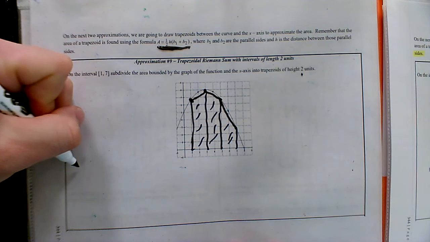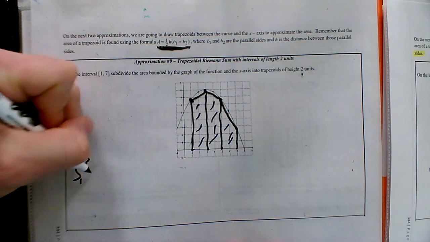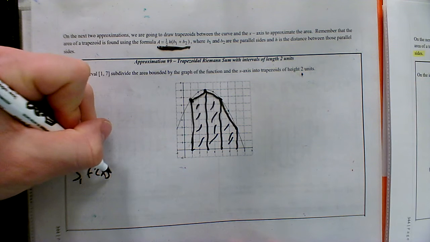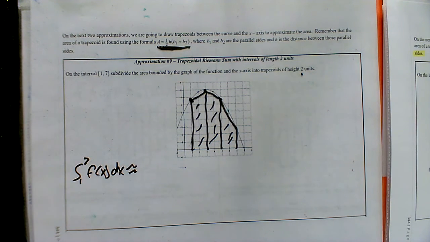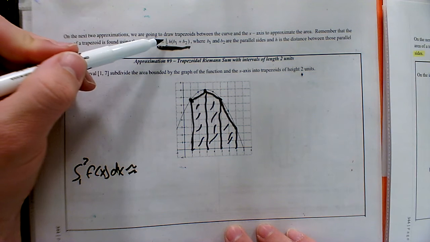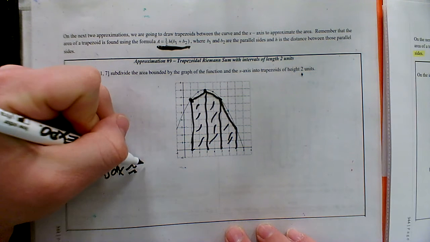All right, so ultimately we are doing the same thing. Integral from 1 to 7, f of x dx. We're trying to find the area under the curve. But this time, remember, the formula is going to be a little different because we're dealing with a trapezoid, not a rectangle. So this is going to differ some. Finding the area, we know we have 1/2